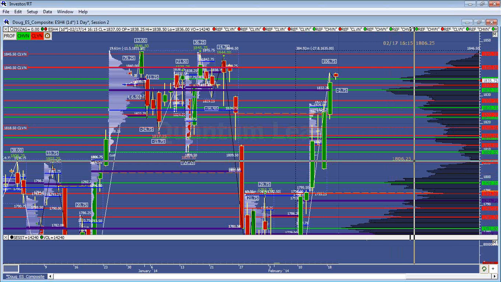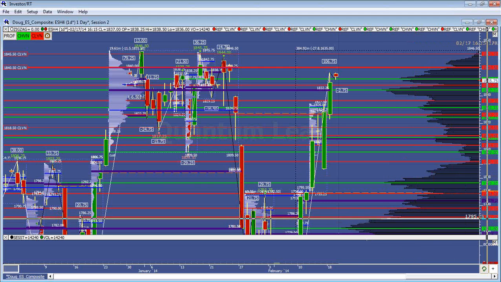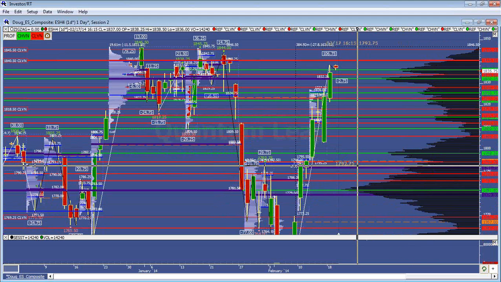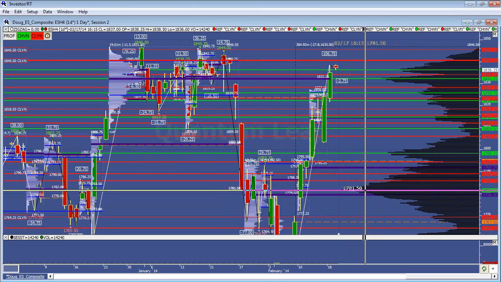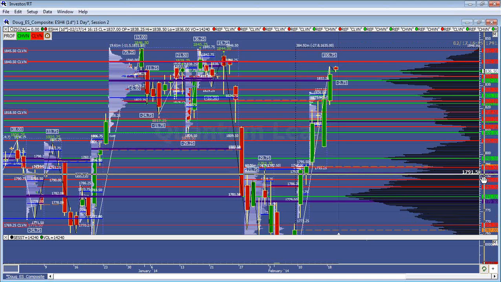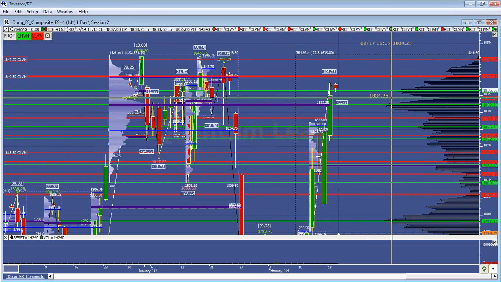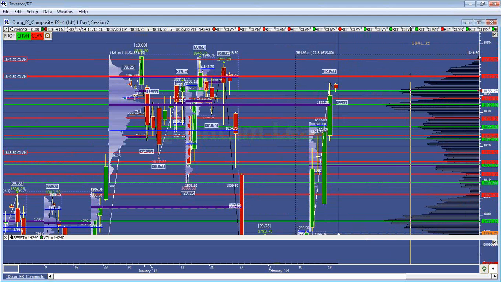Below 1806, then I'm really going to start thinking short again, because I think we're going to have a bigger move. You can look at the 91.75, but I think we have to come back down into this 1781.50 area. But if we can hold 34 today, and with some decent volume, then I think we'll push up